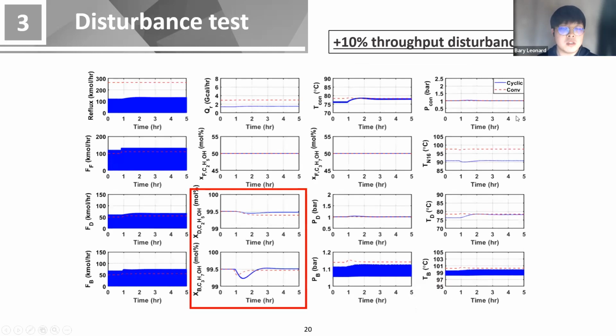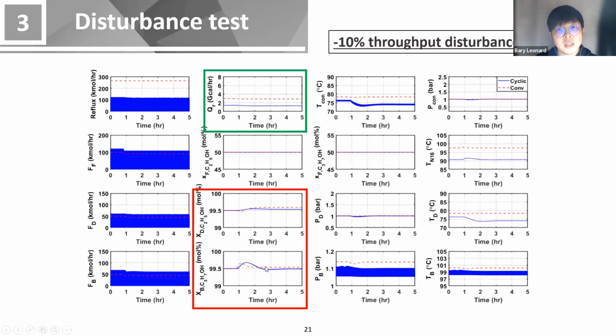And we also do some disturbance tests. We do plus minus 10% throughput disturbance and plus minus 5% feed composition disturbance. And here we can see that the red dashed line represents the conventional distillation and the solid blue line represents the cyclic distillation. And we can see that after around 3 hours, the cyclic distillation can reach the pseudo steady state. So it's not too bad, even though it still takes a little bit more time compared to the conventional